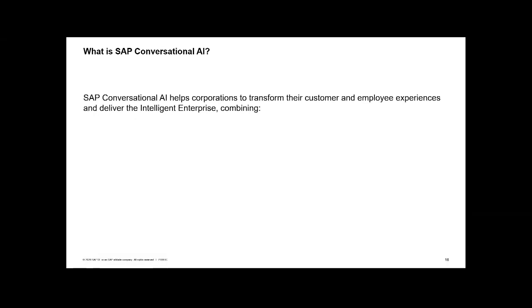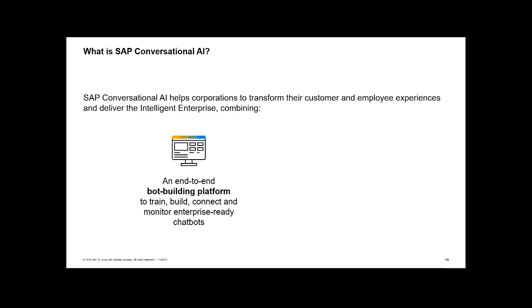So in general, what is SAP Conversational AI? We just talked about conversational AI in general and the business use cases, but what is SAP Conversational AI? If you want to improve your customer or your employee experience and become an intelligent enterprise, you might want to use SAP Conversational AI because it is an end-to-end bot building platform where you train, build, connect, and monitor your enterprise-ready chatbots.